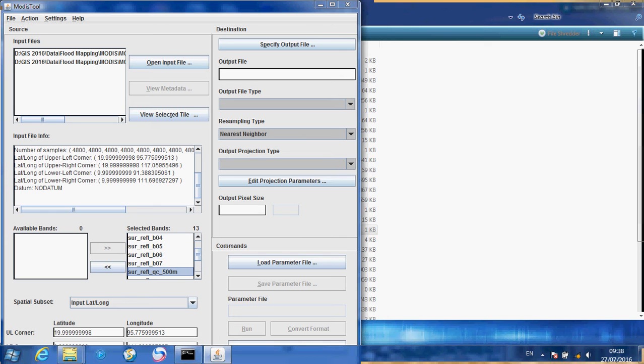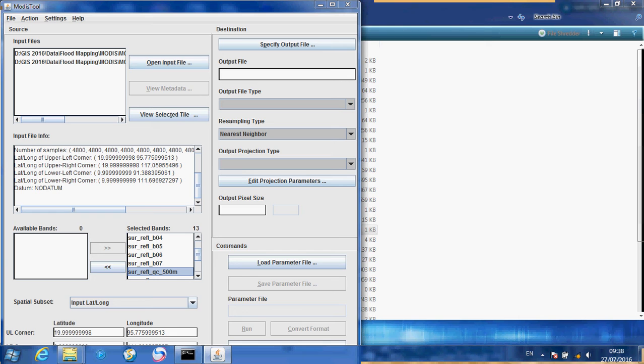Why should we choose band 1 and band 7? Yeah, these are the surface reflectance data. These are the 7 bands which are visible, near infrared, middle and thermal infrared. Is it TM? No, this is MODIS. Okay. You have to select band 1 to 7, I'm just showing you.